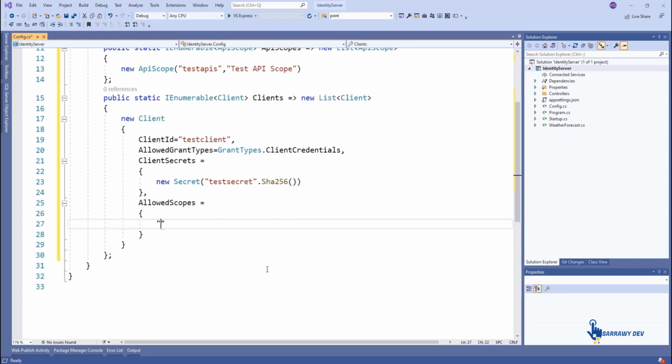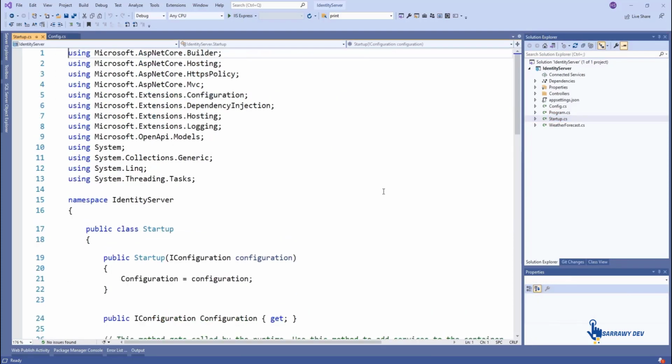Please note that we set a few things in the config class. This includes the clients, which will be able to request tokens from this server.